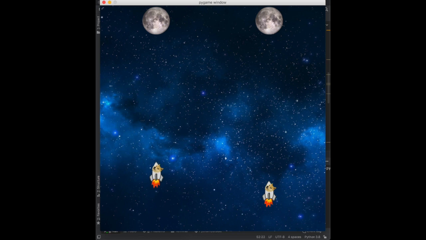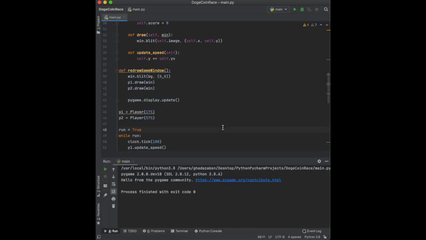If I press W, player 1 moves up. And if I press S, player 1 moves down. So now we've got the controls. They work in sync. If I let go of them, they stop wherever they are, which is exactly what we needed. So now that we got the controls done, we're going to move on to adding the asteroids, or